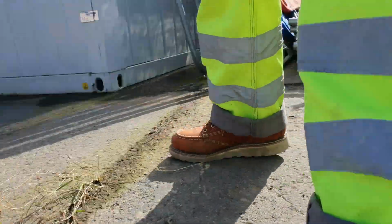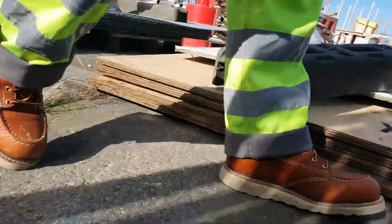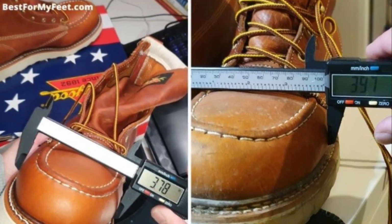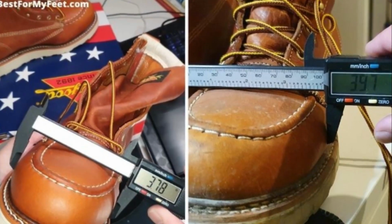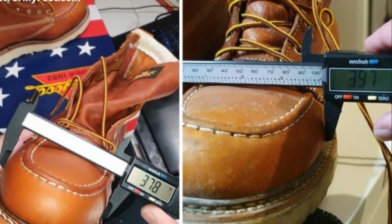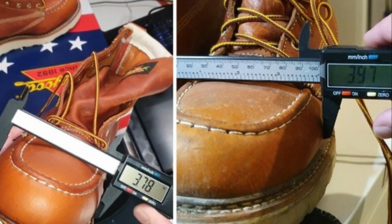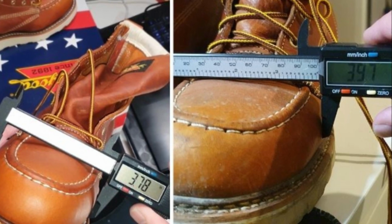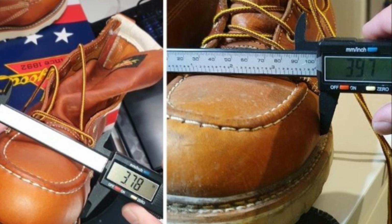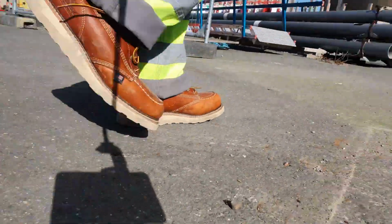So, did it work? Well, I can tell you that when I bought the boots, the width of the boot was 378 inches, and now after about 3 months of using them, of wearing them, and you know, applying mink oil and all that. Now the boot width is 397, so it will expand a little bit, it will stretch a little bit, but